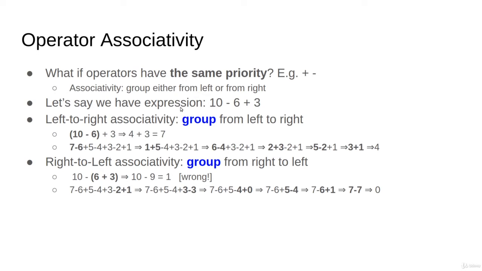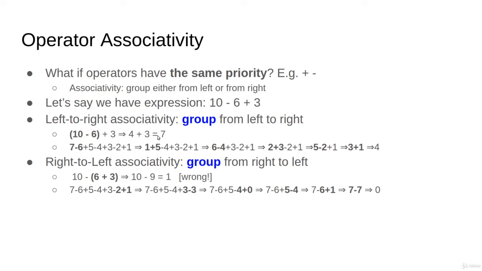Let's see a simple expression for that. Let's say I have something like 10 minus 6 plus 3. Here, 10 minus 6 plus 3. Grouping from left means to apply these two first, then the result with the plus 3. So you first do 10 minus 6, which would be 4, and then you do the 4 plus 3, which